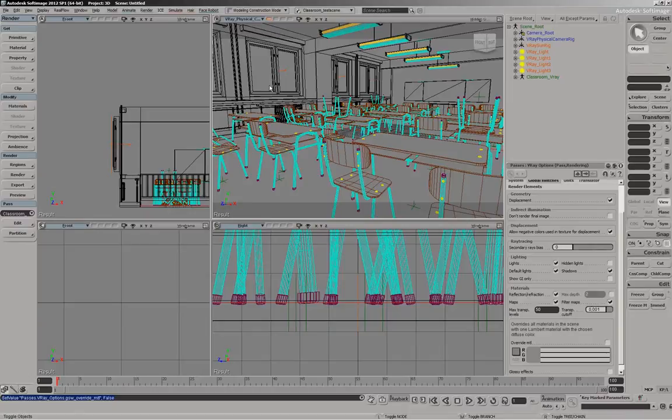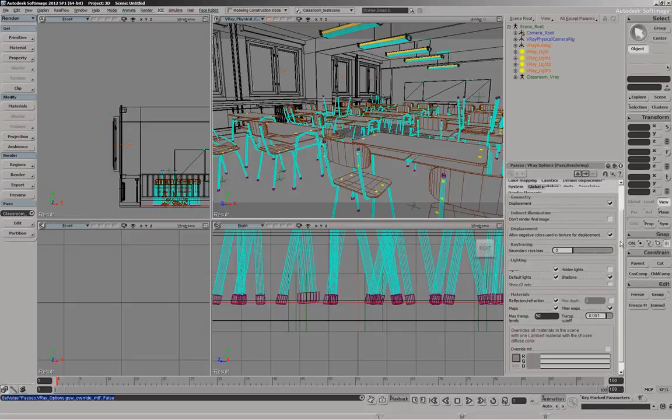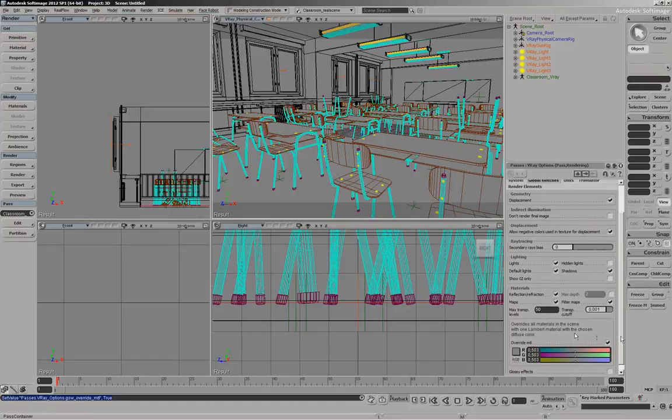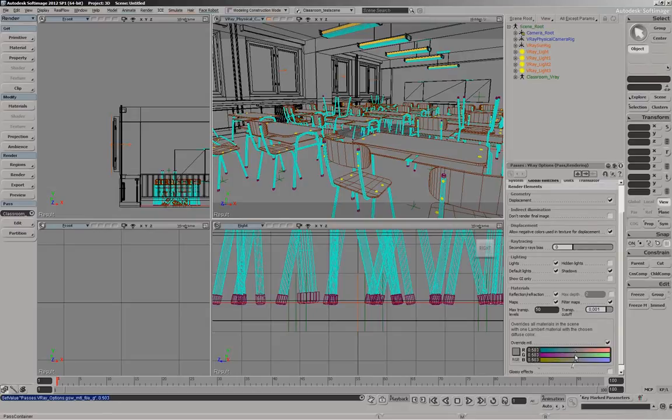Okay, before we do a first test render, I would like to show you a nice little feature of V-Ray. Here in the V-Ray render options under global switches, there is a boolean that will override all the scene materials with the Lambert material of the chosen diffuse color. If you select that, all the materials in your scene and all the visible stuff will be overwritten with a standard V-Ray material with, in this case, its settings. Well, we could leave it at something around